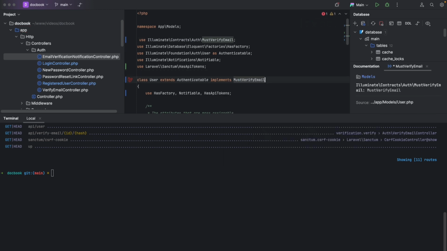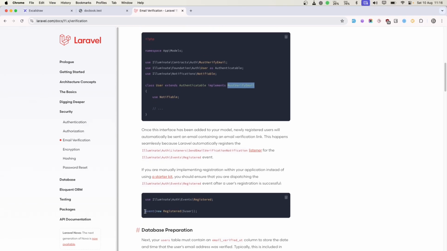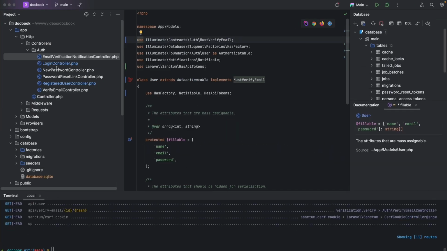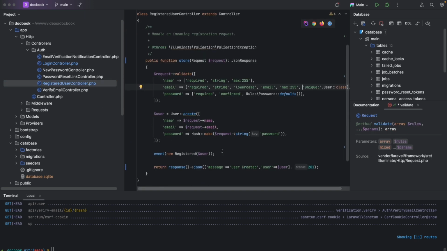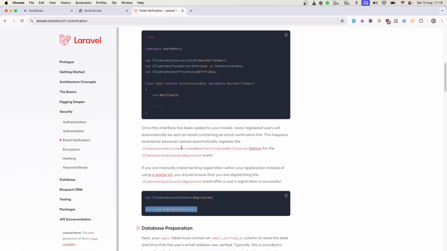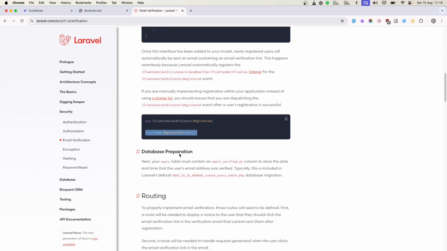Implements must verify email. So whenever a user registers, this event is fired. In our case, it is already fired. If you are manually implementing this feature, then you need to fire it manually, but here it is already being fired. So it will send us an email with a verification link, and whenever the user hits that link, it